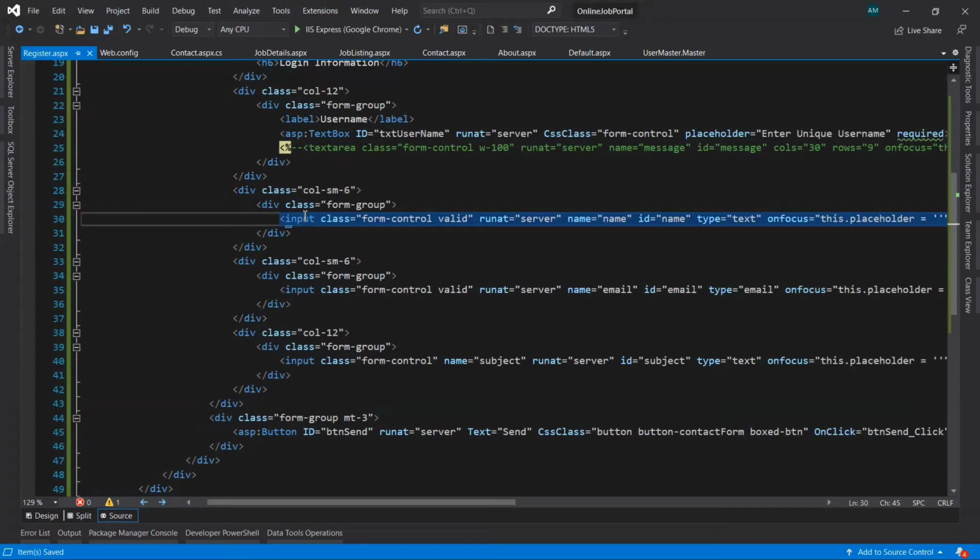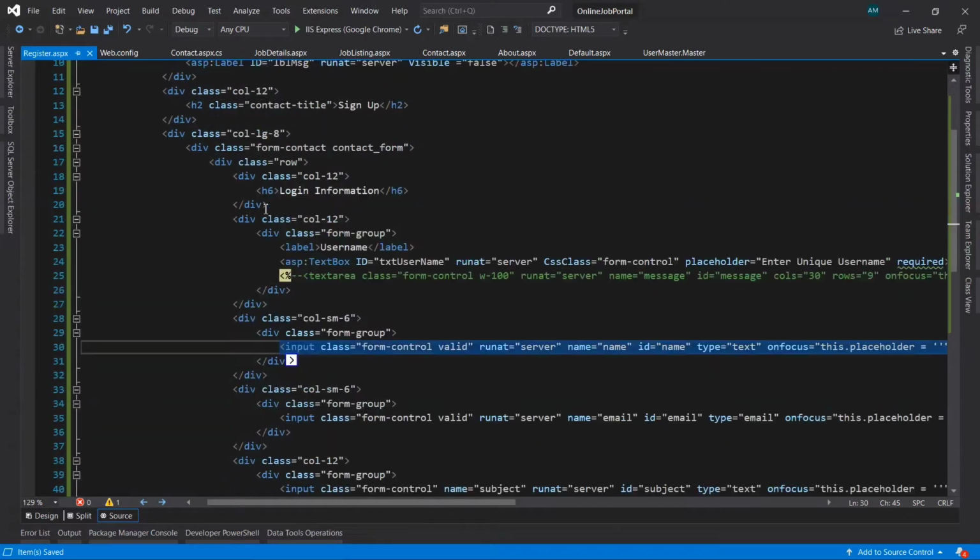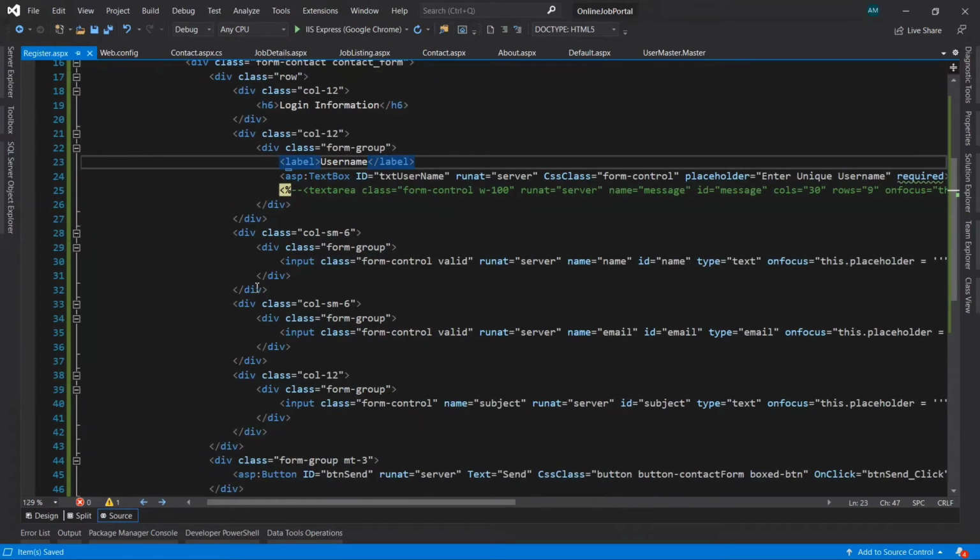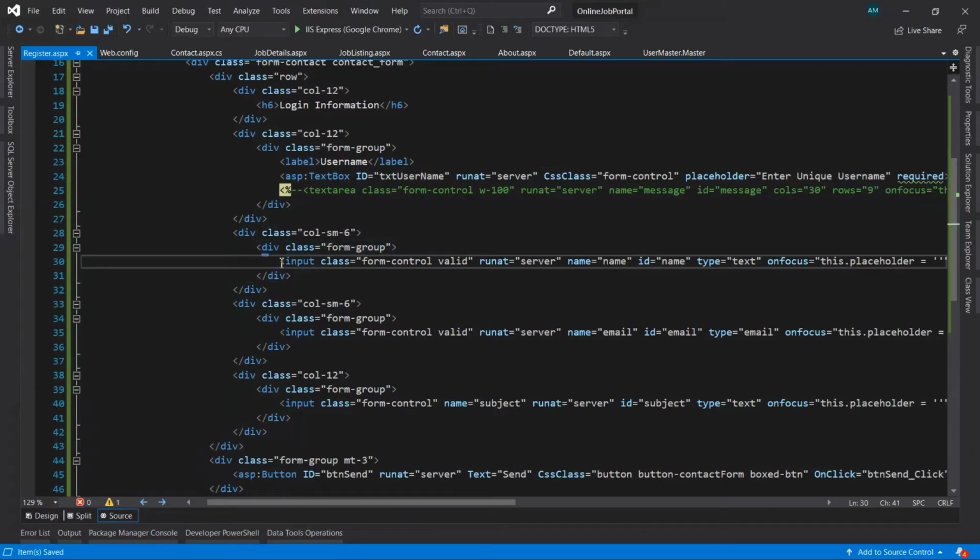Now we have to take the password, then confirm password, which are contained inside this login information. In login information we are going to take username, password, and confirm password. So here we need to comment this line.